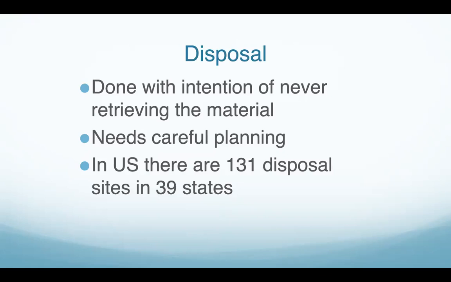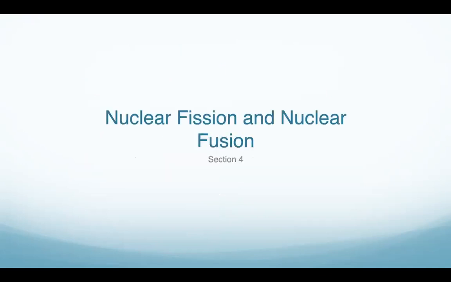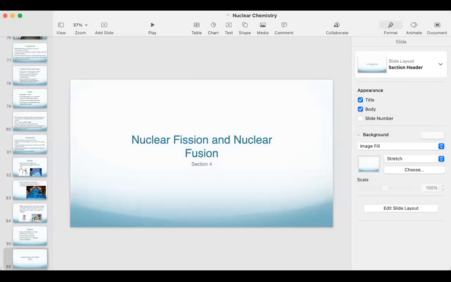In the US, there are 131 disposal sites in 39 states. I'm assuming that number is greatly different now. I'm not sure when this book was published. And I don't think Thailand has a nuclear power plant. I don't know if there are any nuclear power plants anywhere around Southeast Asia other than in Japan. I'd have to actually research that because I don't know myself. We'll cover that